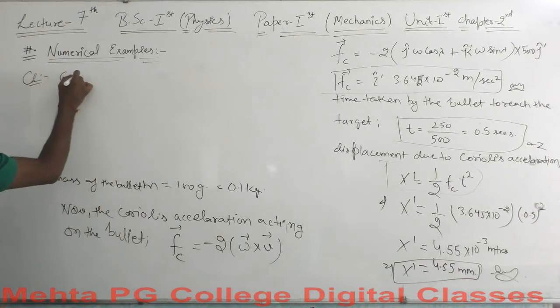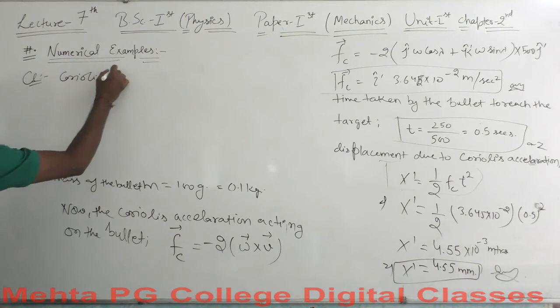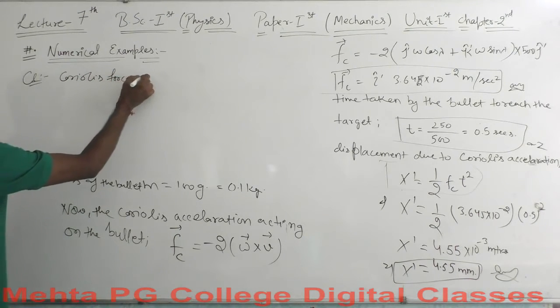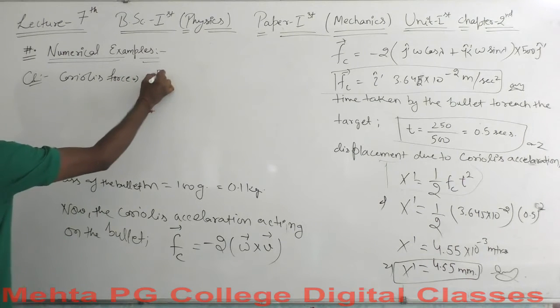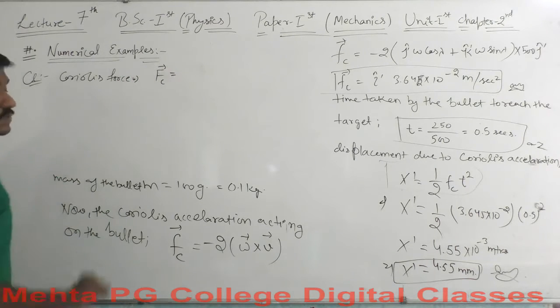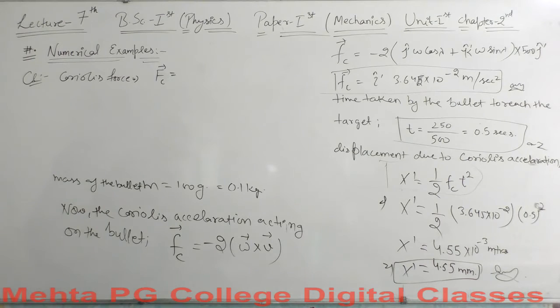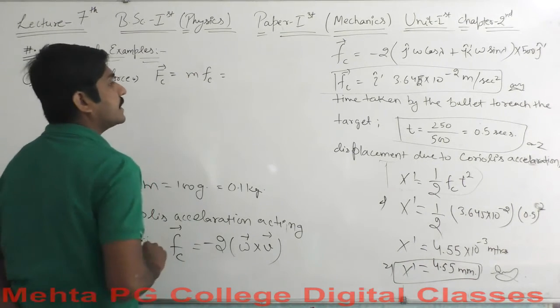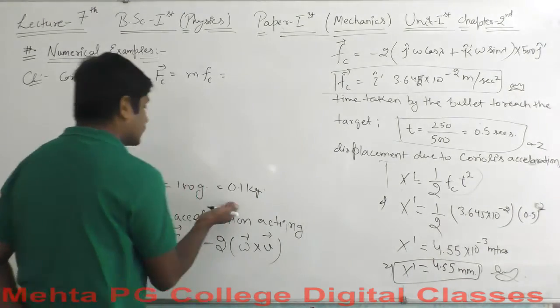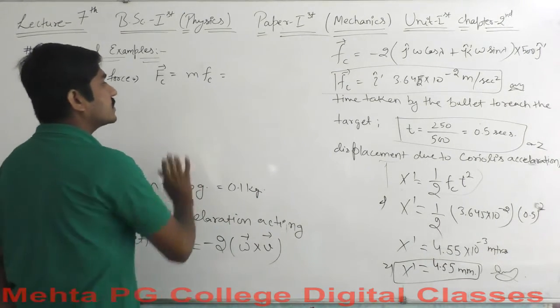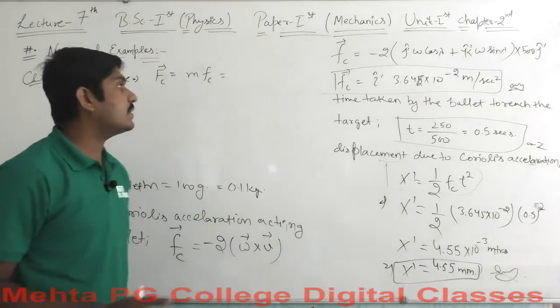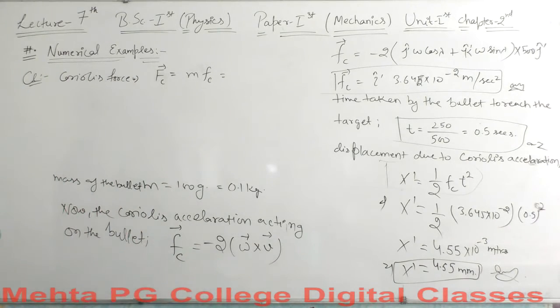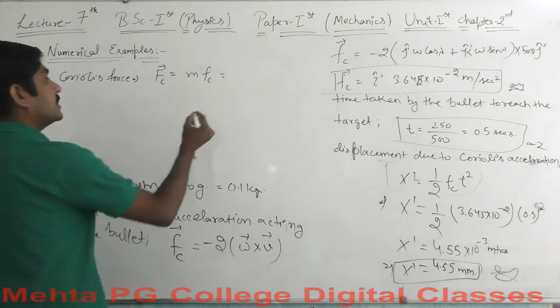So now the Coriolis force. What should be the value of Coriolis force by now? That will be equals to, okay, this is the value of Fc here, this is the value of m here. So by using all these values, I am just going to write only the actual numeral value. We are not going to write how things come to be. That is equals to 3.645, there is no change,